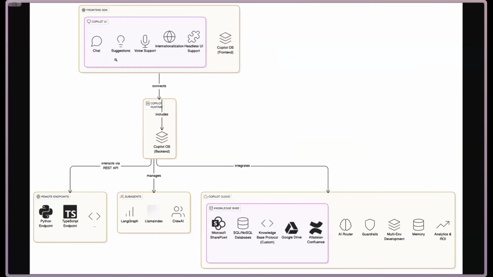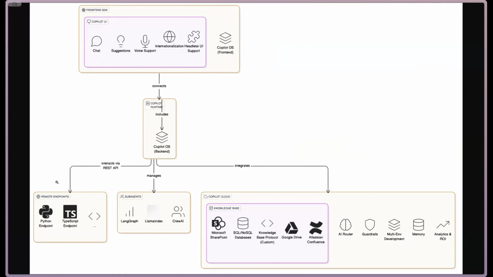But to just share the architecture diagram. So this is kind of how CopilotKit is built. We have the front SDK, we have the backend, the open source backend, which is called Copilot Runtime. And we called it that to not be confused with Copilot Cloud. Initially, it was called Copilot Backend, and Backend Cloud, confusing. So Copilot Runtime. And the Copilot Runtime can connect to sub-agents, soon to be directly. You can also connect, and of course, the Copilot Cloud, which has all these other features, but you can also